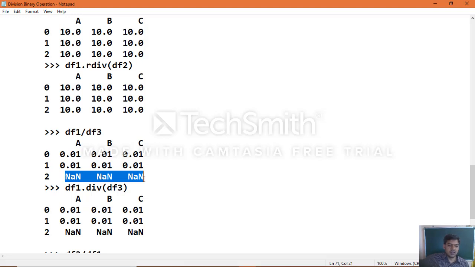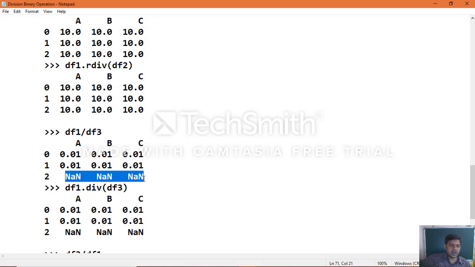So the integer data automatically upgrades to floating point numbers, because integers cannot hold NaN values in Python. That is the reason you can see float values as results.